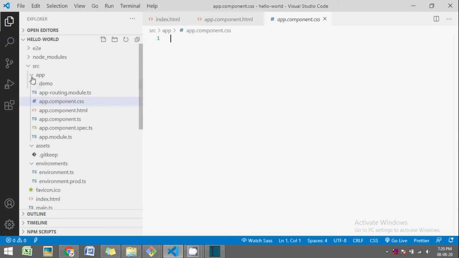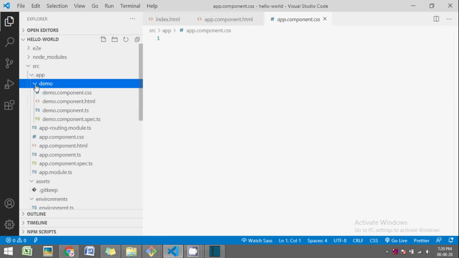So let's go to VS Code. In the app folder, a new folder demo is created, and under that the HTML, CSS and TypeScript files are also created. As you have noticed, even though we have named our component just demo, .component is added by default. This is the convention for naming components in Angular.